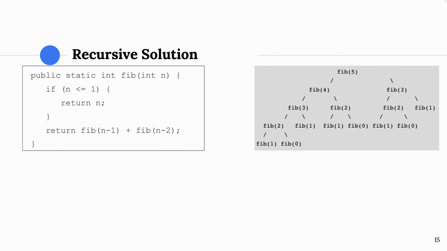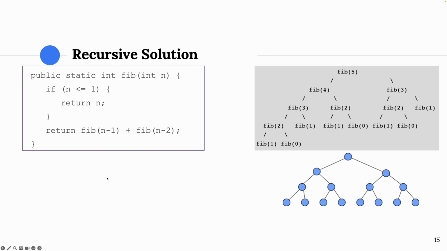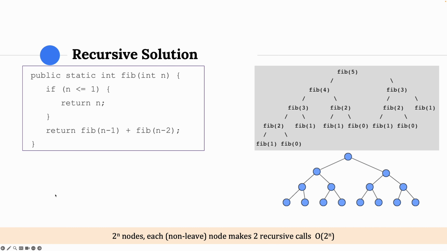So the maximum number of nodes a binary tree can have is going to be this much, right? This is for a full binary tree. And a lot of you might already know the number of nodes here is 2 to the power of n, right? Therefore, if you want to count the number of recursive calls here, I have 2 to the power of n, because this is big O. But if I want to be super precise, I should probably say 2 to the power of n minus 1,